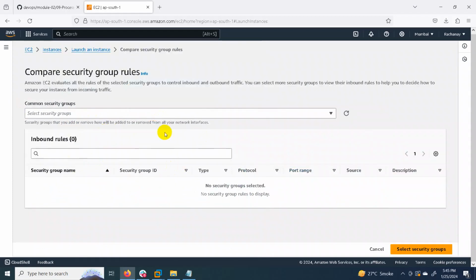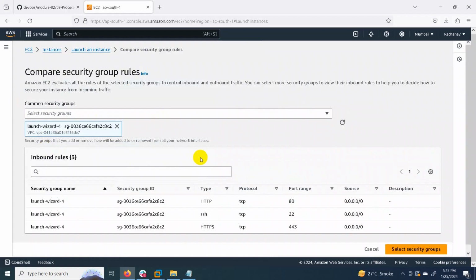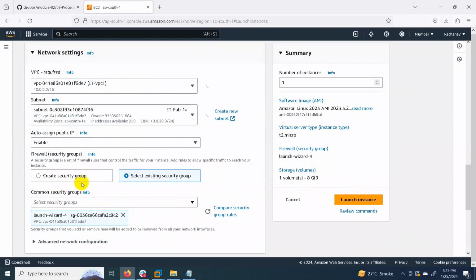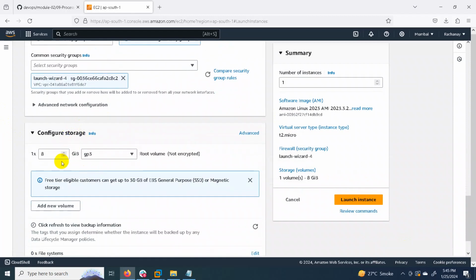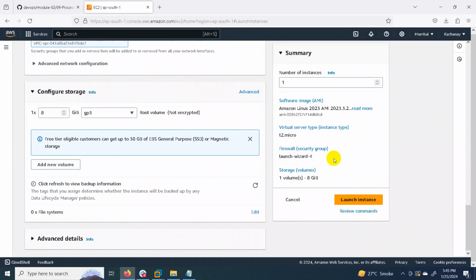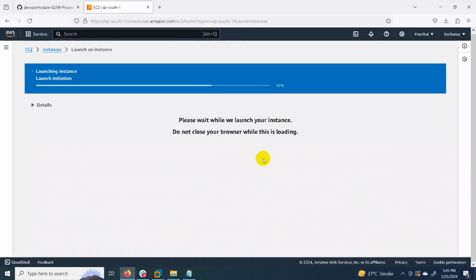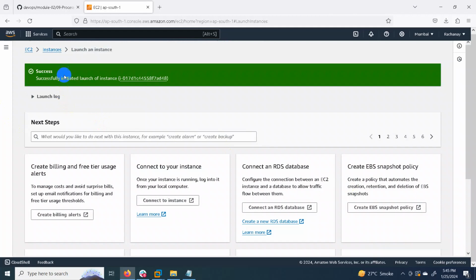I want to select this fourth one, which we have selected already, where HTTP, HTTPS and SSH are allowed. Okay, so launch wizard 4 we have selected. Disk size is the same and launch the instance. So we have created two instances, one for the public subnet and one for the private subnet.